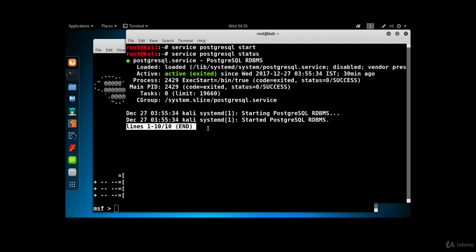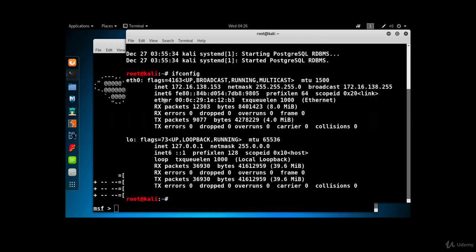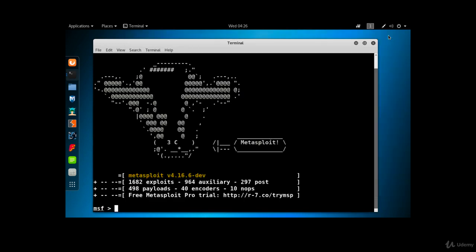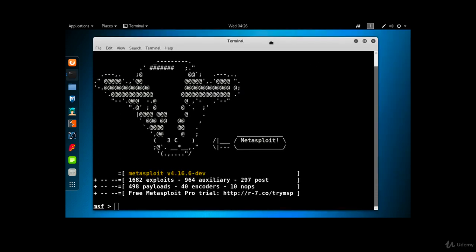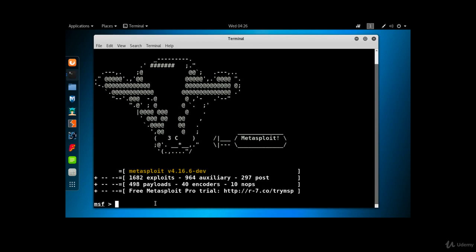Now press Ctrl+C to exit. And to know the IP address of this machine, type down ifconfig. You can see this one is the IP address of our machine. It's also called as lhost. So minimize this window and go to our Metasploit Framework or terminal. I am going to use MSF